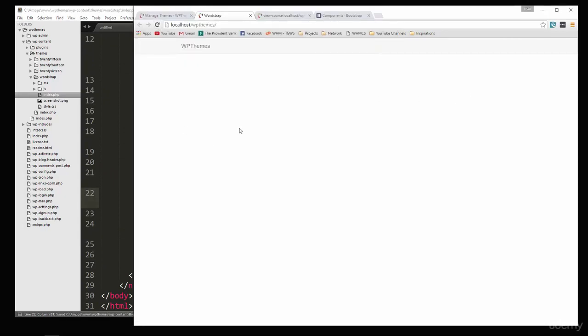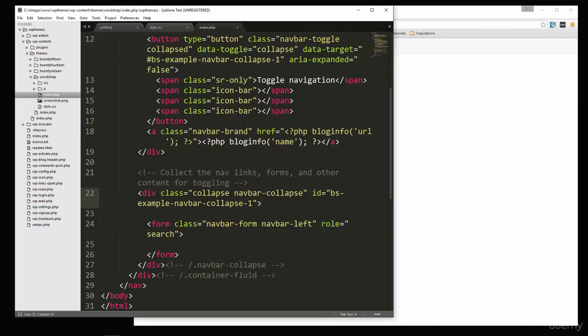Let's see what that looks like. Okay, so it's very basic. We just have our branding. We'll implement the Walker nav, or the nav walker, in the next video, but let's just continue on with some of the base